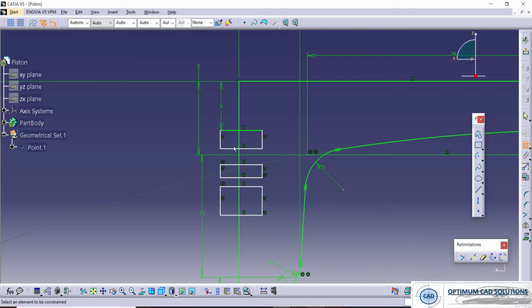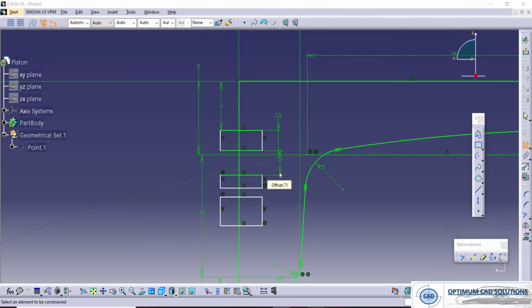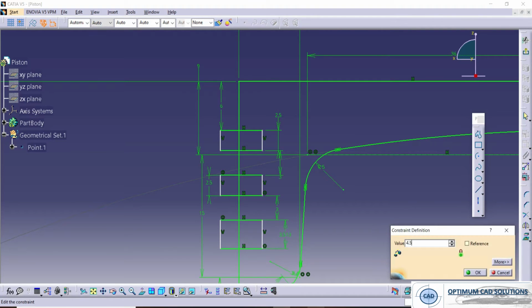6, and this is 2.5, 3, 2.5. Here is again 3, and this is 4.5.